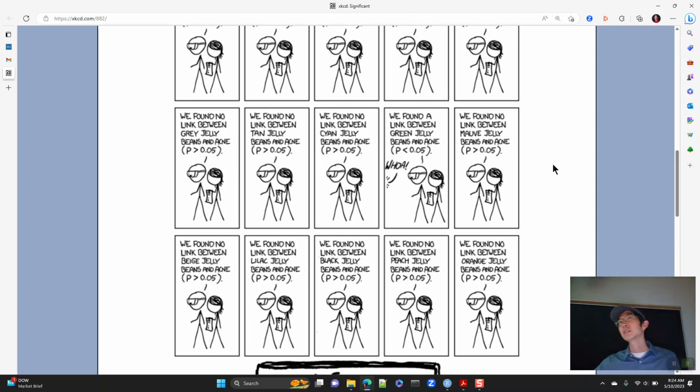So if I flip a coin 20 times and ask, what's the probability I get 15 heads out of 20 by random coincidence? For that one instance, maybe it's only 5%. It's less than 5%, so it's not that weird. But if I do this a whole bunch of times, if I do 20 of these trials, and then one time I get 15 heads out of 20, after a whole bunch of repetitions, now you have to ask, is this suddenly proof that my coin is unfair? I wouldn't say so.